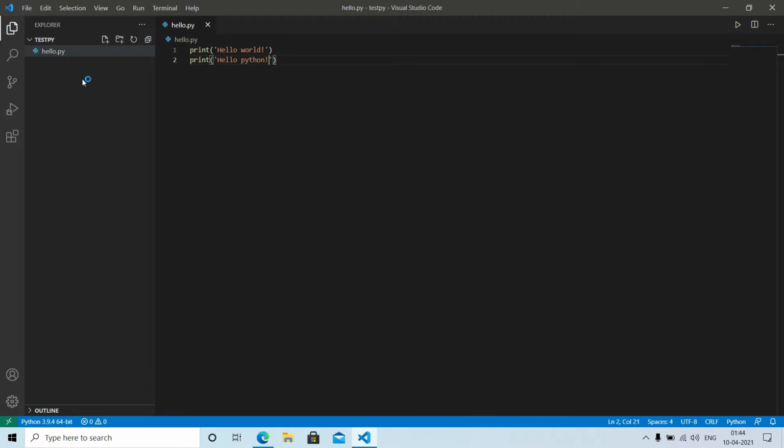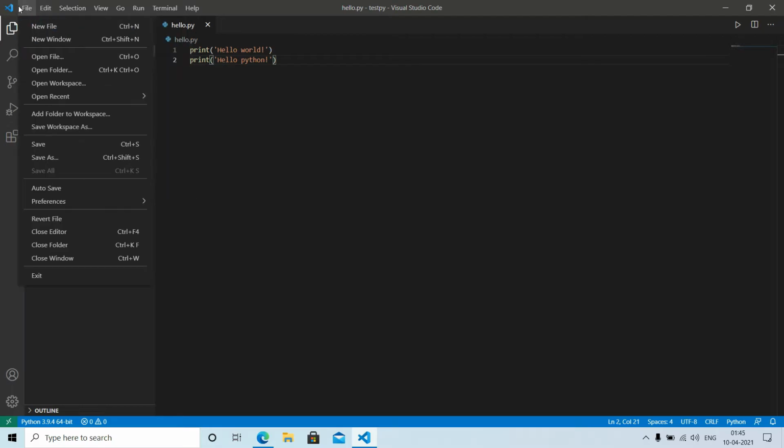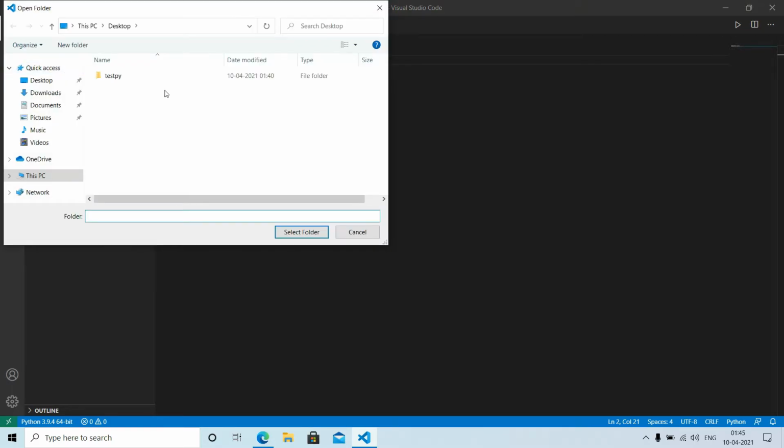It totally depends on you. Let's click on file and open folder. I'll create a new folder named test java. You can name your folder anything you wish. Okay, so let's just open that folder and select it.